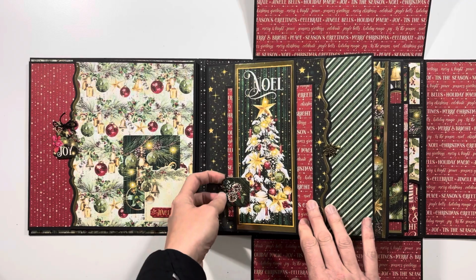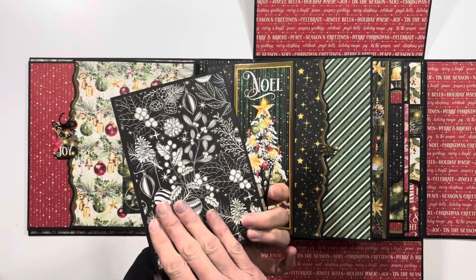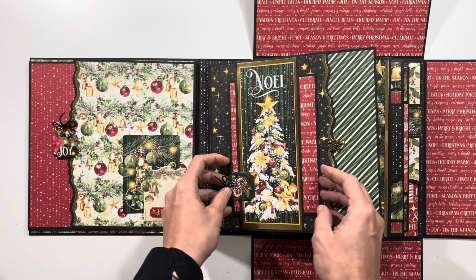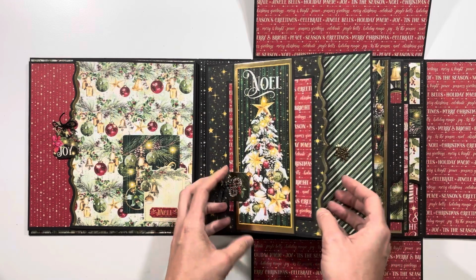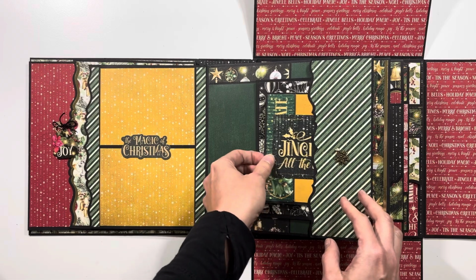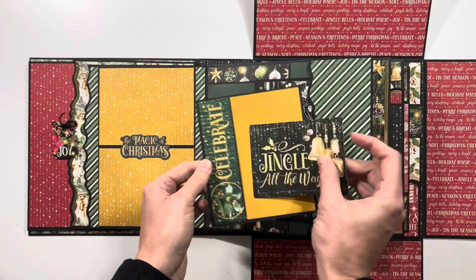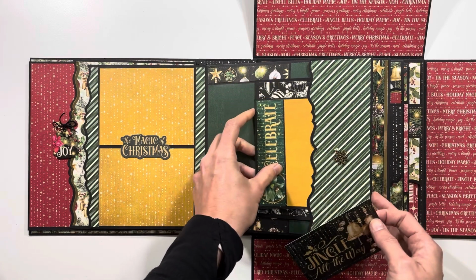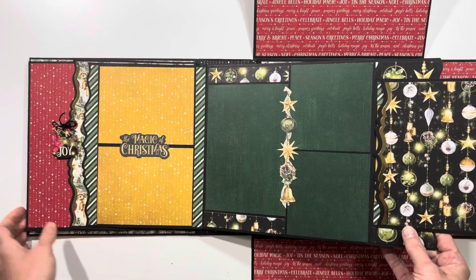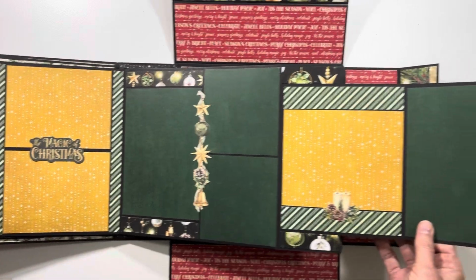Now for page 1, we have a photo mat here behind the belly band. It has a chipboard tag on it. Room for photos there, 4 by 6 size there. And then here is a swing tab that holds this closed. Room for 2 photos here. In this pocket, I have another one of the journaling cards and a photo mat that is open so you can place the photo tucked underneath it there. And then this opens up again, room for more photos here, and then this opens up one more time and